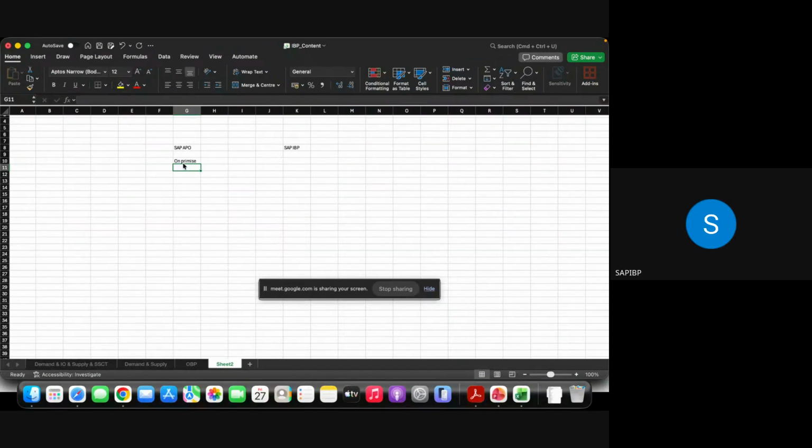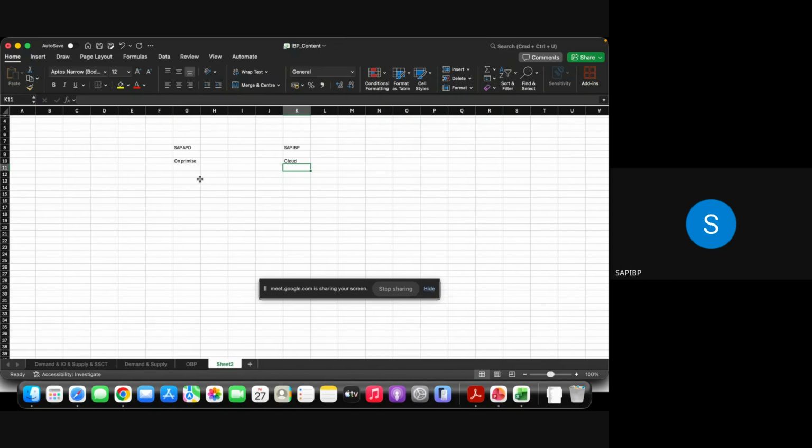Right. So when you want to implement the APO product for your supply chain, you need to have the database set up at your client location only. Wherever you are implementing it, at that particular location, you need to have the database set up or administration set up. It won't be there in the cloud, and you can't access it from everywhere. But IBP is a cloud solution. So you just need to subscribe to that product, and you can implement it in your organization wherever you want. The database and everything will be there in the cloud and you can access it from anywhere.